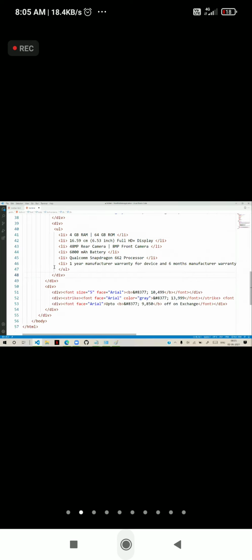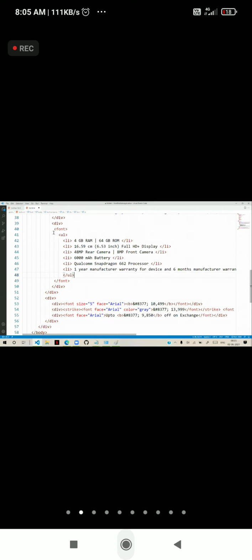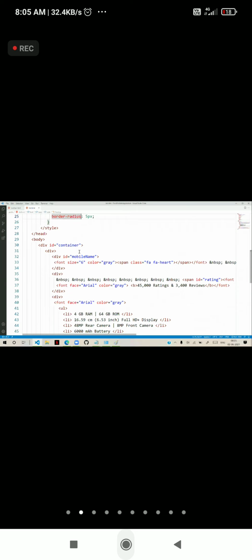Now for this, you can have the default font style. So we put a font for that. This also font face is equal to Arial, and the color is equal to gray, and it is going to apply that font style. You can change the margin for that, because we have the unordered list, UL.